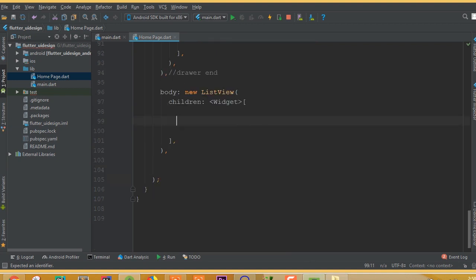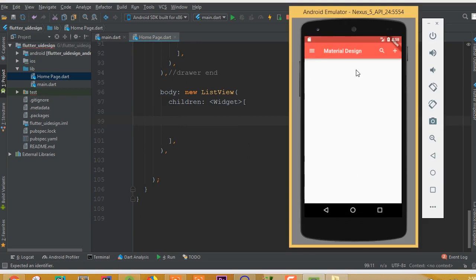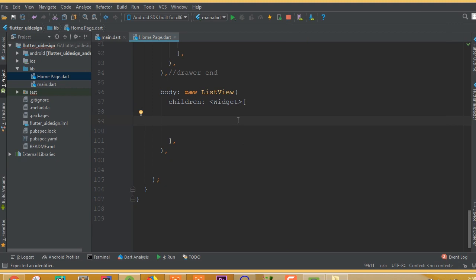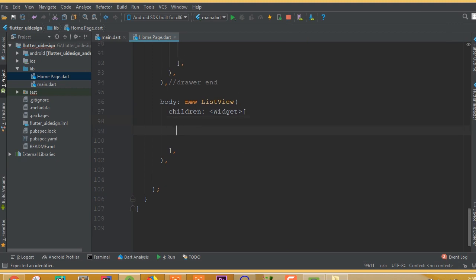List view contains children of widgets. In here now we can use, so why are we using this list view? We are using the list view so that we can scroll this data automatically. So if you use this list view, then we can scroll data. If you have multiple data, then we can scroll it very easily. Okay,